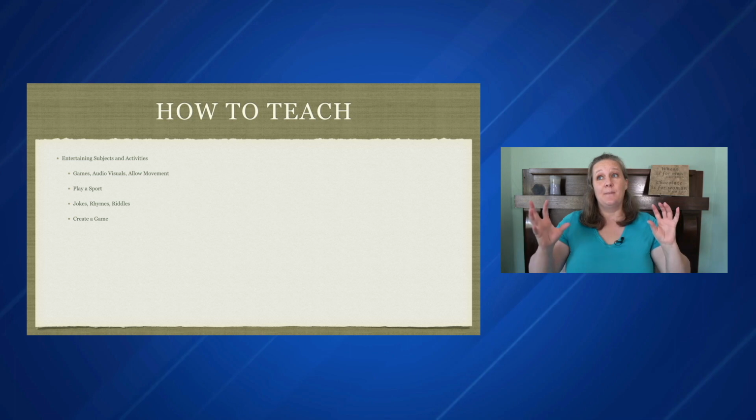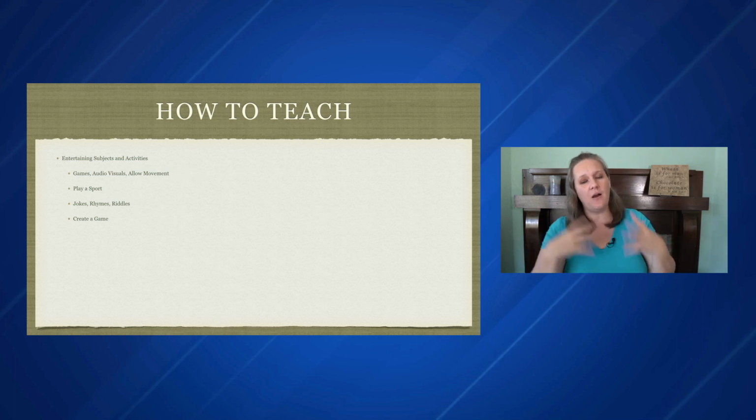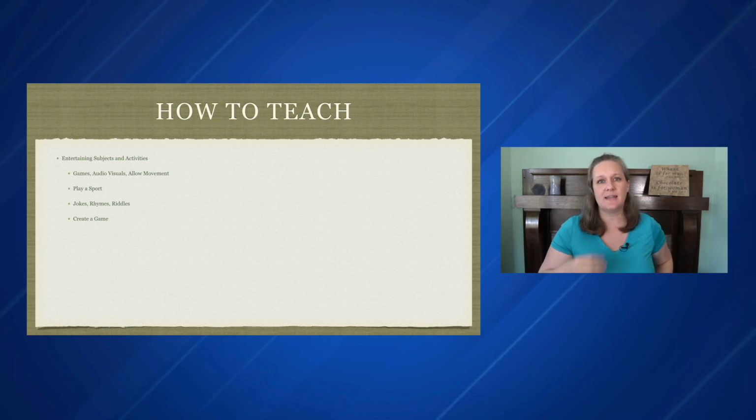Now, because they are movers and shakers, they do not do well in school where you are not moving or shaking. You are just sitting at the desk and reading or writing or filling out a worksheet. This is not okay for them. They hate it. They have a really hard time learning in that situation. They want to learn in other ways. So here are the different techniques that you can use as a mom or as a teacher to teach to this particular personality. First off, it really needs to be entertaining.